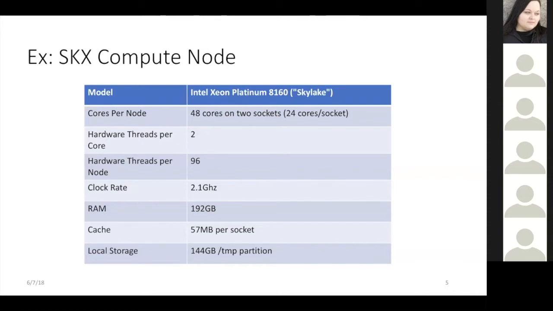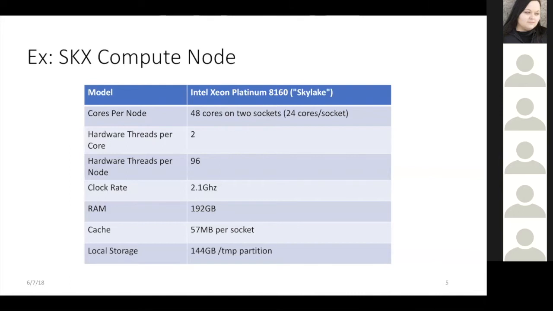So that's 96 tasks per node if you want to max out the node. And it has a relatively high clock rate of 2.1 gigahertz. There's also local RAM, so this is memory that is confined to the node, of about 192 gigabytes.